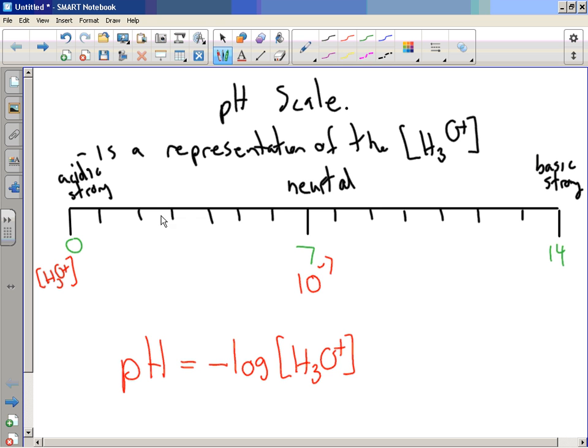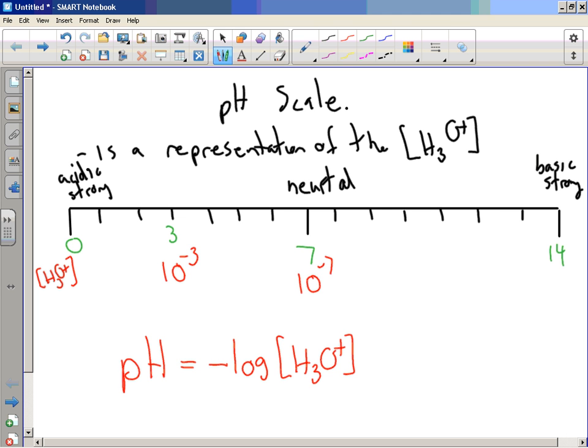I can go down here to 1, 2, 3, and I can talk about a pH of 3. Well, you tell me, what will the concentration of the H3O plus be? Kristen? 10 to the negative 3. Now notice, 10 to the negative 3 is like